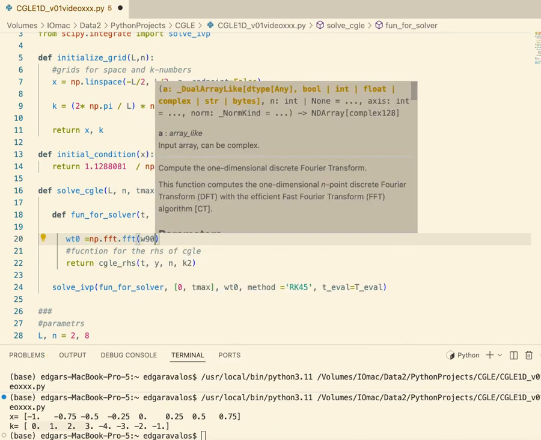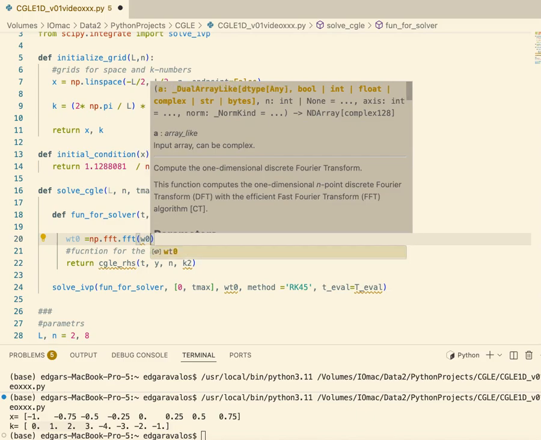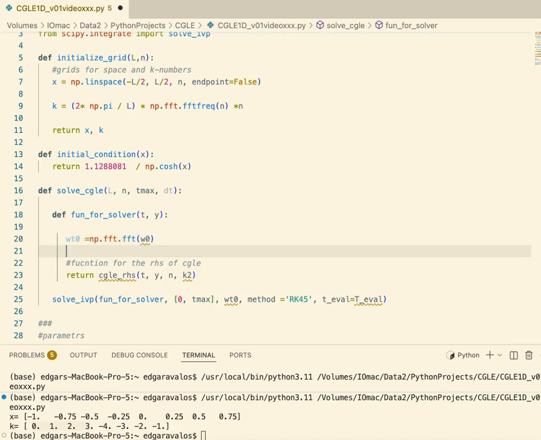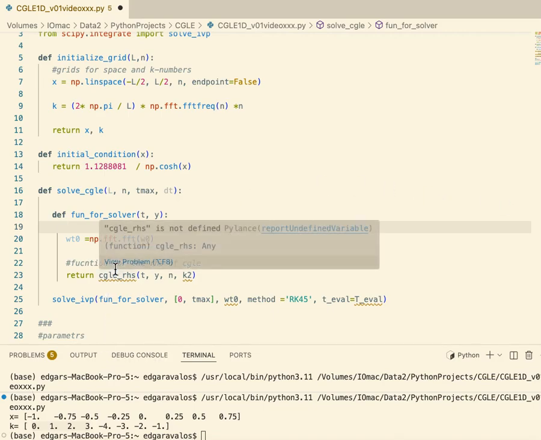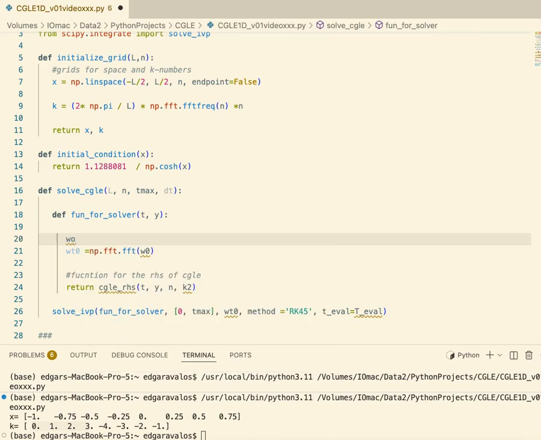Okay, that's going to be the initial condition. Okay, and then what else? I need my W0. W0 is going to be,